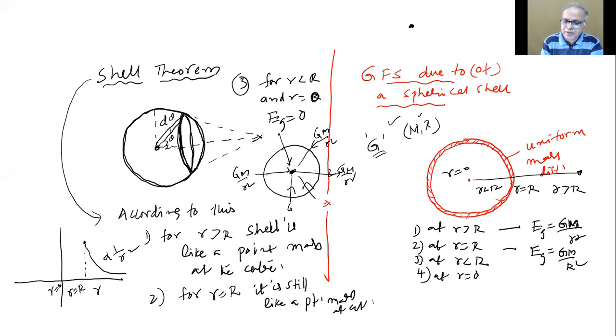If there's a point mass, there's a field around it. At a distance r, we said GM by r square. And I also told you, if you know this field strength, you can multiply with the test mass placed here and get the force on it. That's how the field idea explains force was our discussion.